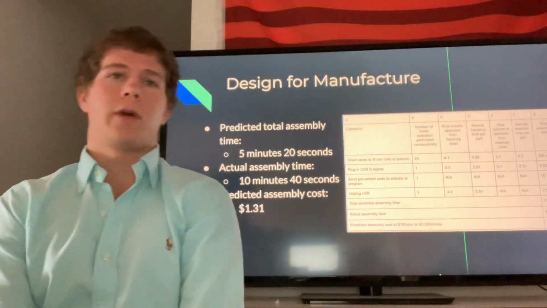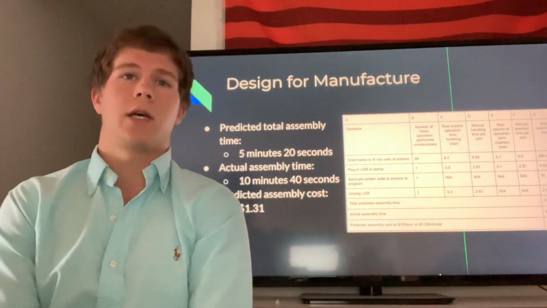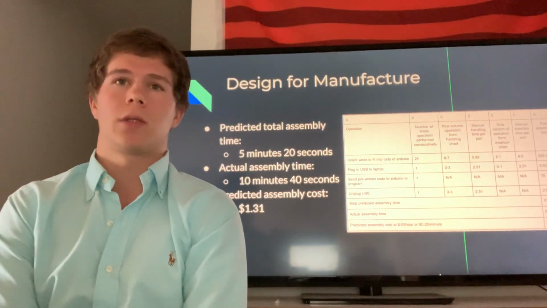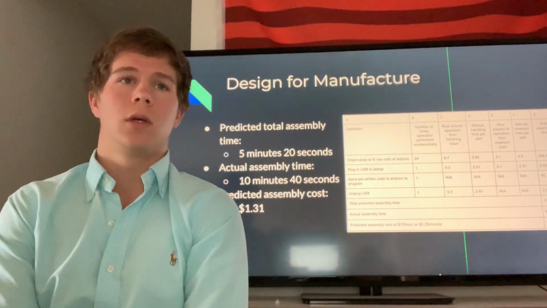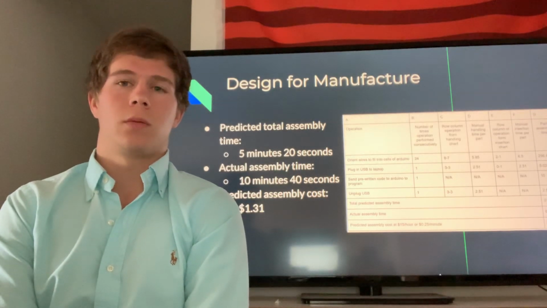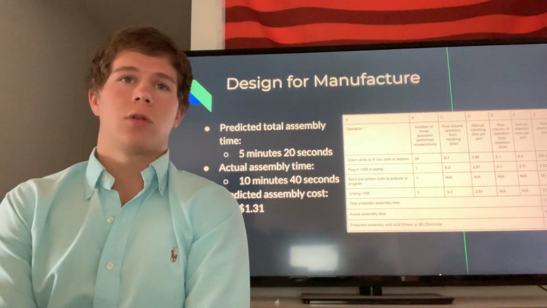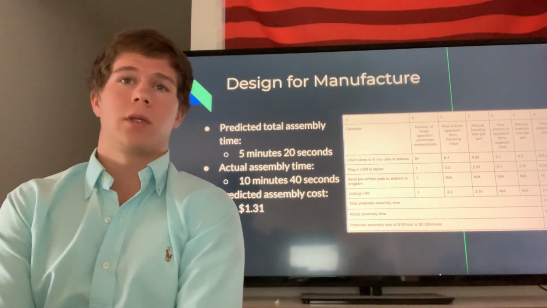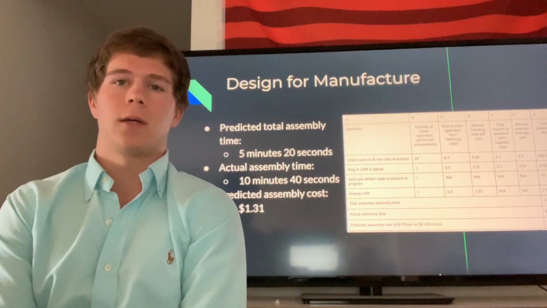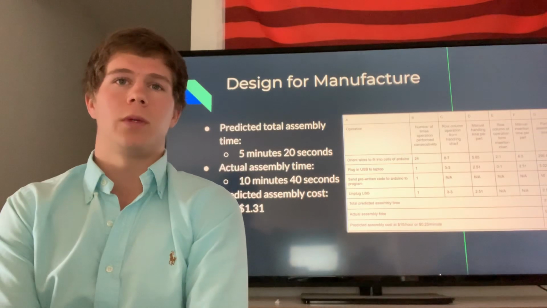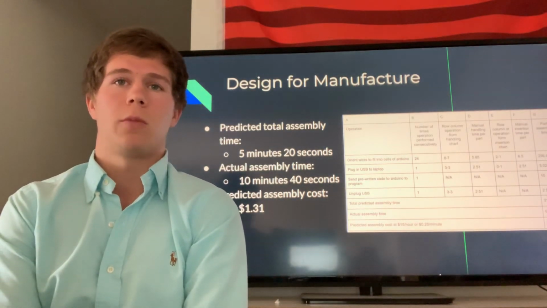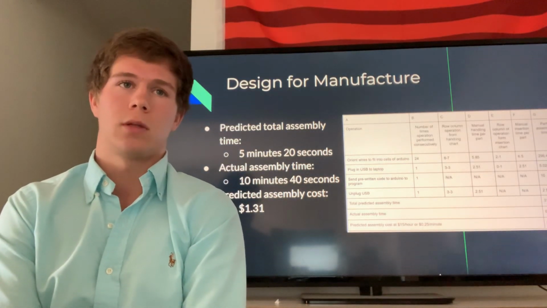For the design for manufacturing, we first considered the tasks required during the manufacturing process. These tasks included, in order, orienting the wires into the cells of the Arduino. The team determined that handling each wire was predicted to take about 5.85 seconds, while the manual insertion time per part was calculated to take around 6.5 seconds. In total, this step would be the longest part assembly time within the assembly of the entire device.